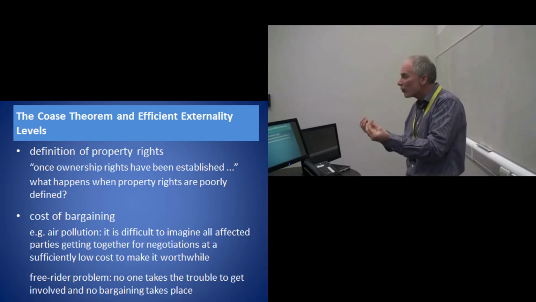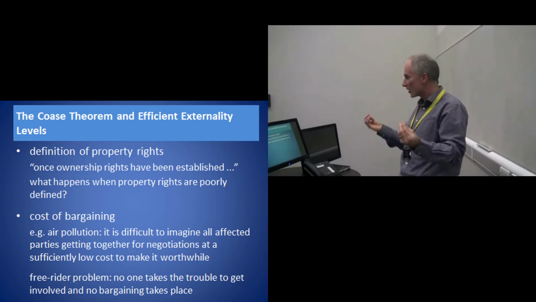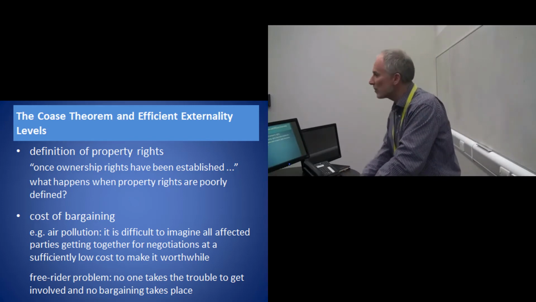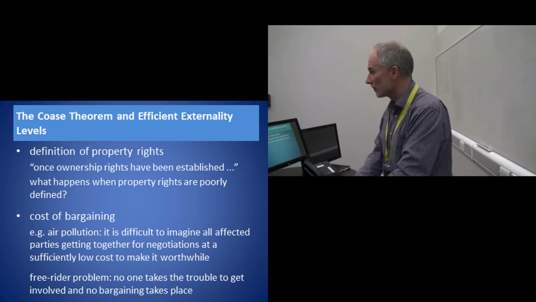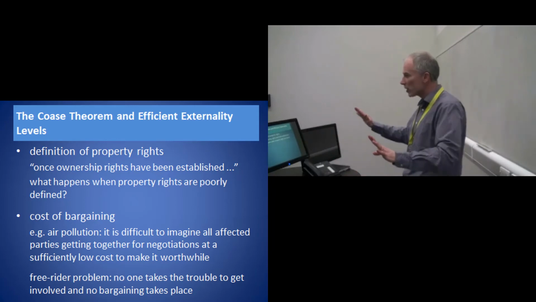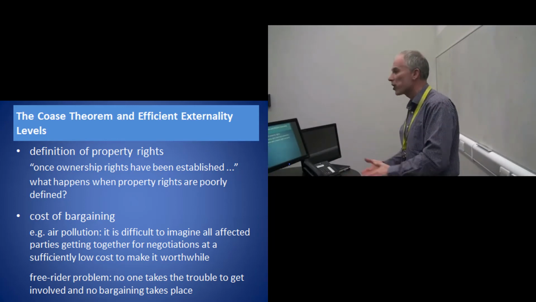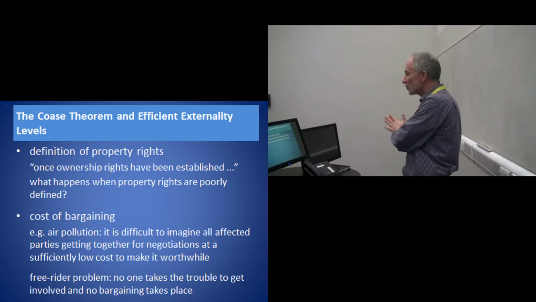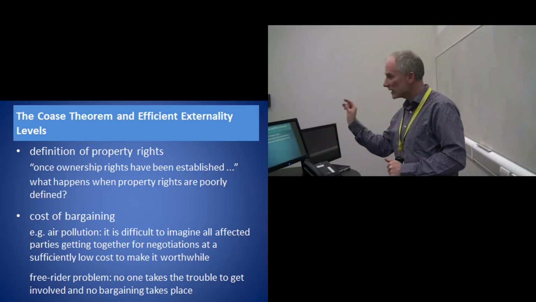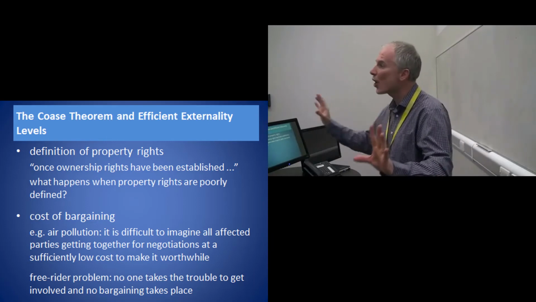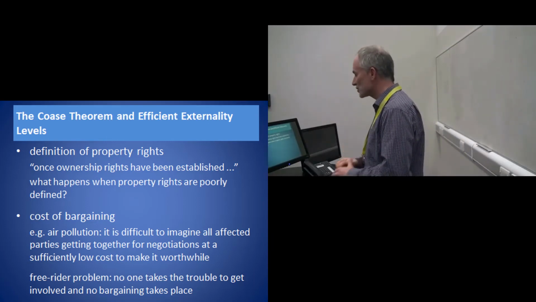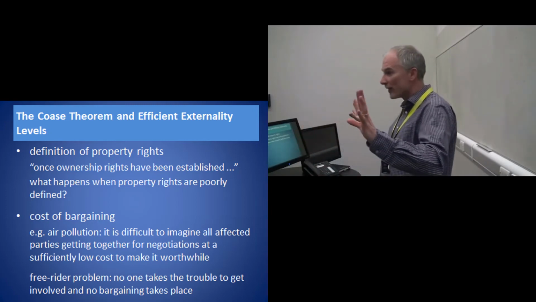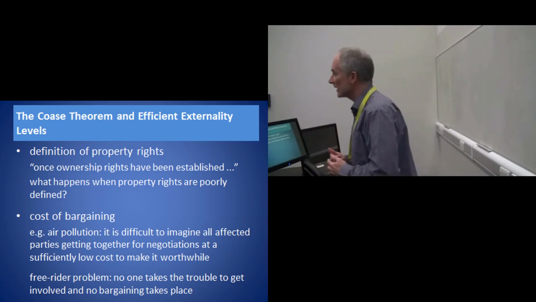So even though there's clearly scope for bargaining to take place that would benefit us both, where do property rights lie? If it's not clearly defined, if it isn't well established in law, can you grow your trees as high as you want? Can you cast shadow on someone's garden? If that's not clearly defined, even though there's scope for bargaining to take place, it's who compensates who. And if we don't know that, the Coase theorem can't get started.